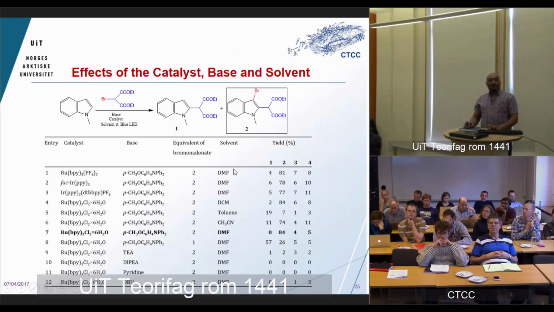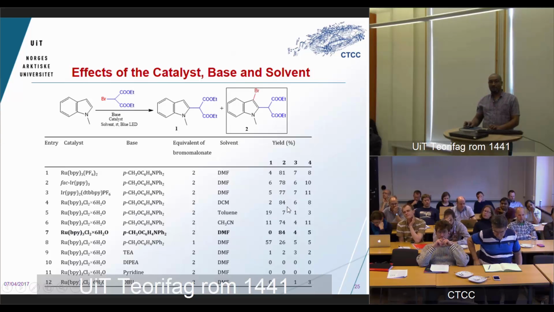And for the solvent type, dimethylformamide and DCM are ideal solvents for this chemical reaction. It's well known that DMF is the best known solvent for the bromination of organic compounds. So this reaction condition, ruthenium photocatalyst, this base, DMF, is the optimum reaction condition for this